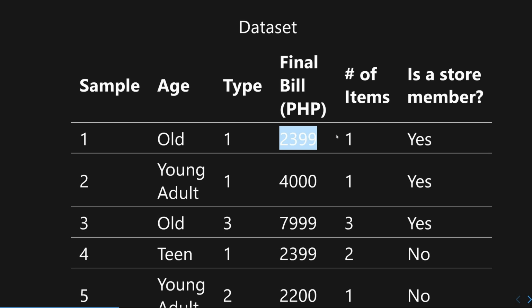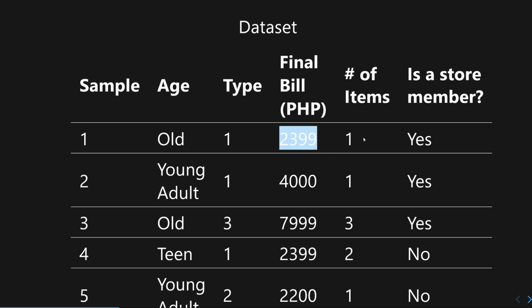2399.513. I mean, to be honest, it depends on the denomination of the money. It depends on the currency. It might not be possible for this specific store, for example, to have specific centavos. So that's why it could be discrete. So it still depends on the context as well. But just by looking at the type of value this is, final bill, money, it could be continuous, because money can be any value from 0 to infinity, for example.